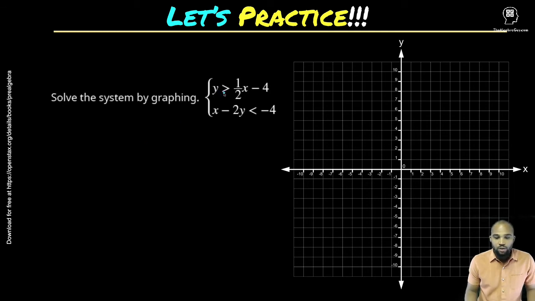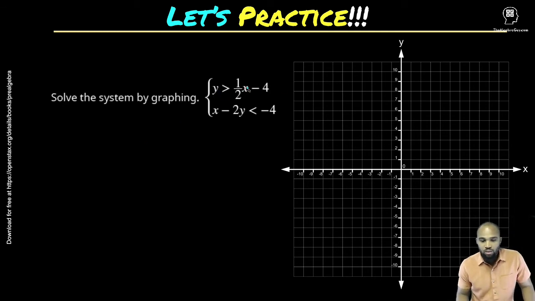We have this first one. Let's go ahead and graph that. I'm going to do it in a different order this time. So I'm going to graph this one at -4 and 1/2, up 1 over 2, up 1 over 2. Now it's not equal, so I better not forget to keep these dots here and not shade them in